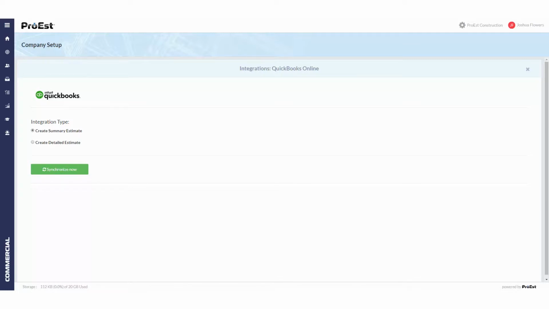We first though need to click on Synchronize Now, which will bring over the QuickBooks products and services to the ProEst accounting codes. The reason we use the products and services from QuickBooks is because ProEst allows 5 cost types in one item, where QuickBooks only allows 1 per line item. Another reason we use products and services is because in QuickBooks, you can have the products and services set up with